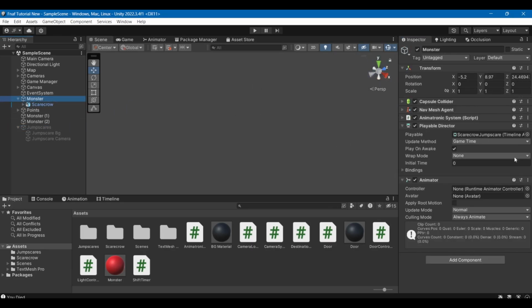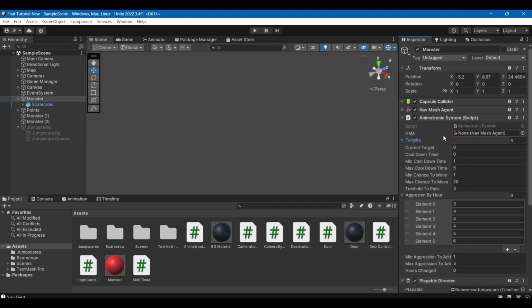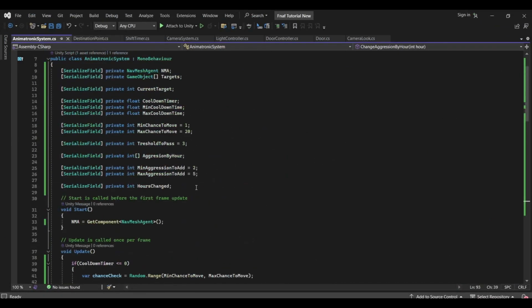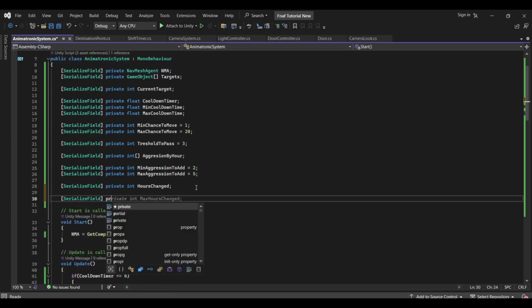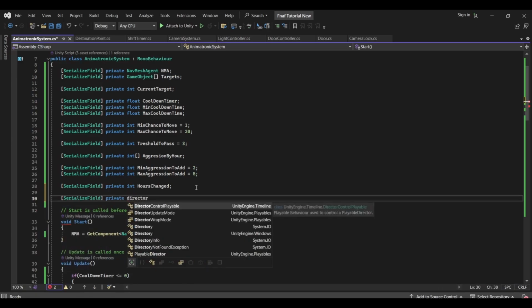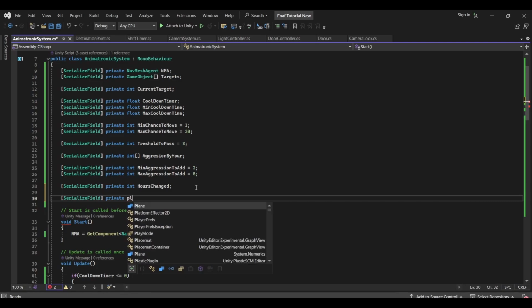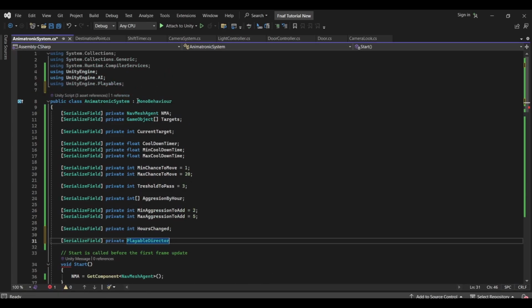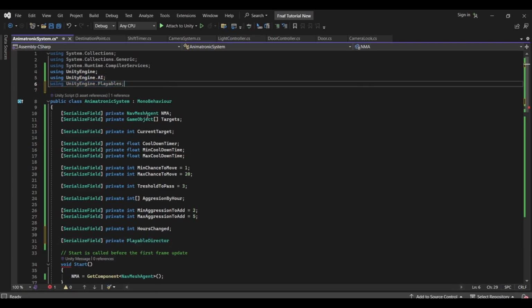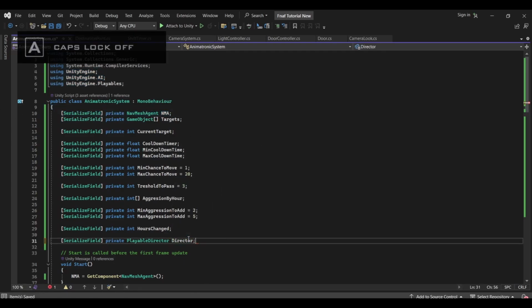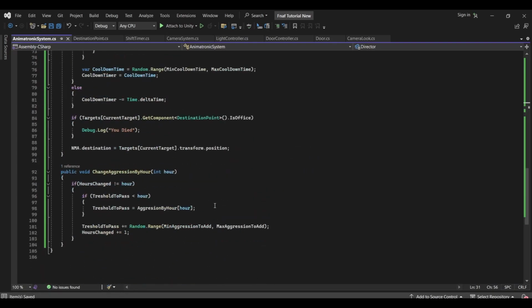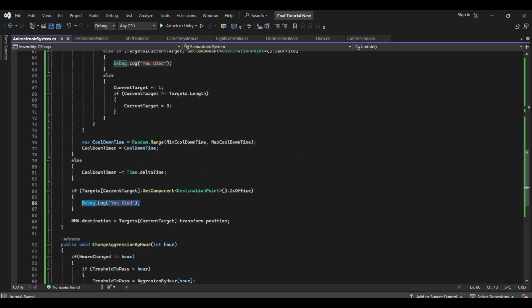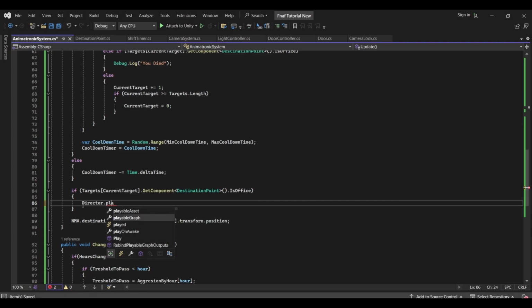So now inside the animatronic system, we are going to have to enter, and we're going to get access to its director. So private director, but as you can see, it's not coming up. Even if you search playable director, it comes up, and then up here it adds unity engine.playables, and over here it added unity.ai when we added the nav mesh agent. So director, and scroll down, and instead of you died, let's do director.play,